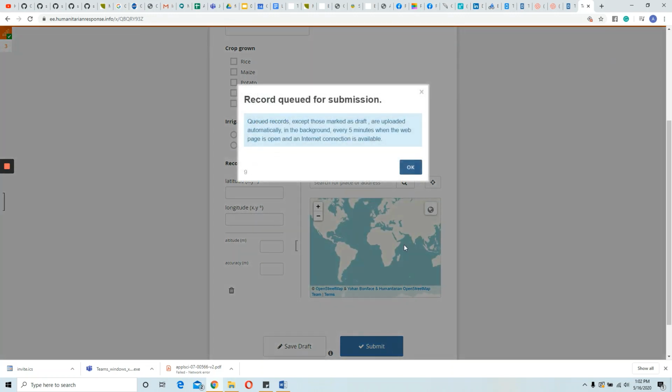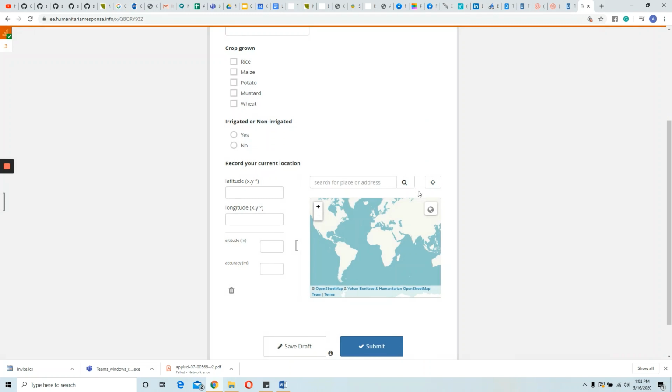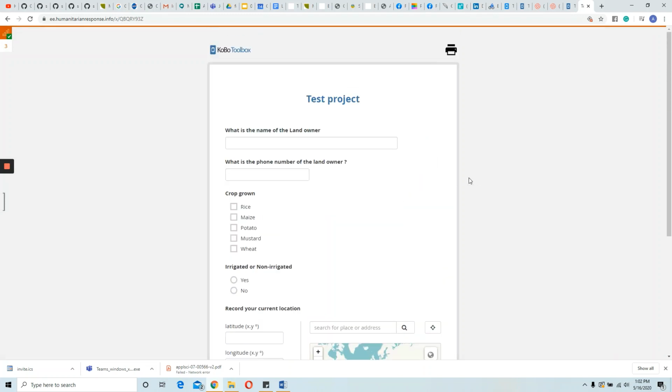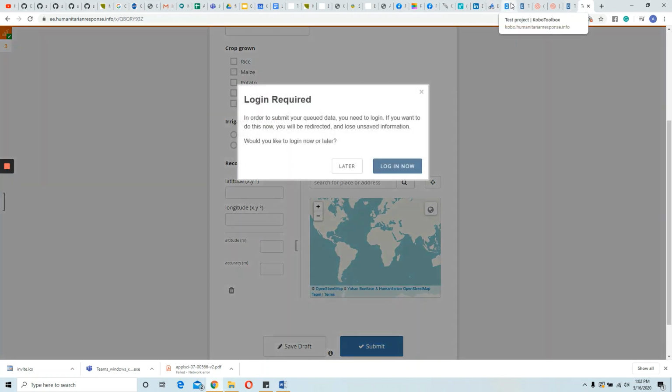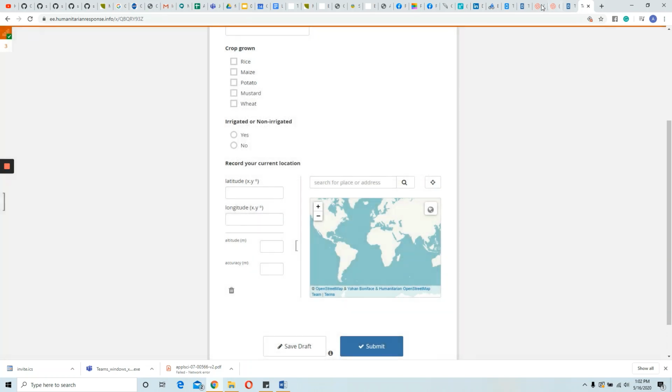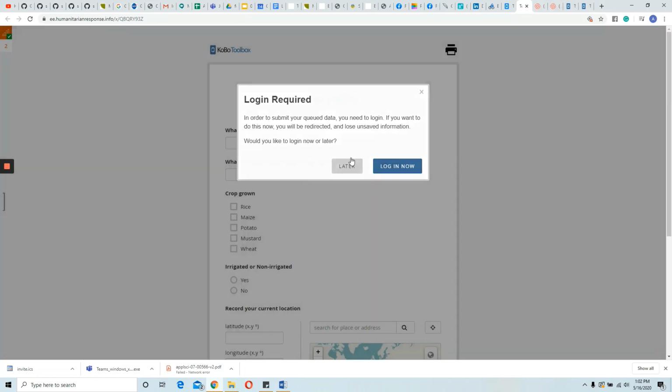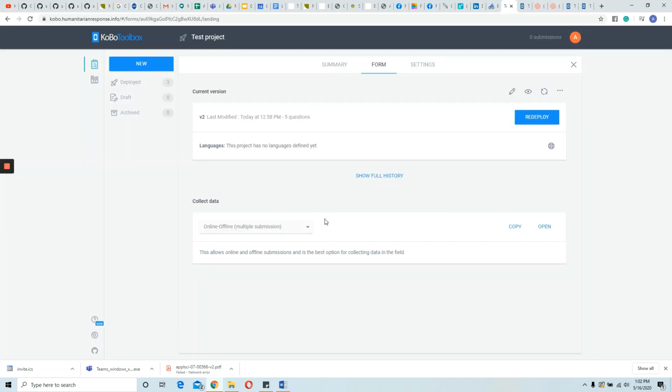Finally, we click submit. Okay, so our form has been submitted. Immediately after submission of the form, the next form will appear. If you are using an Android application, I will show you how you can use the Android application to collect